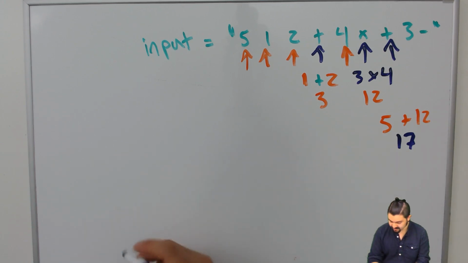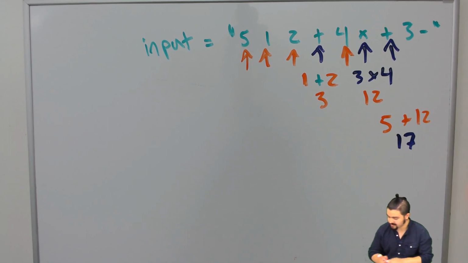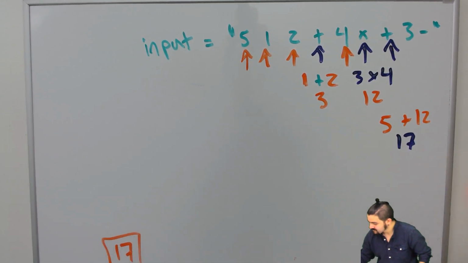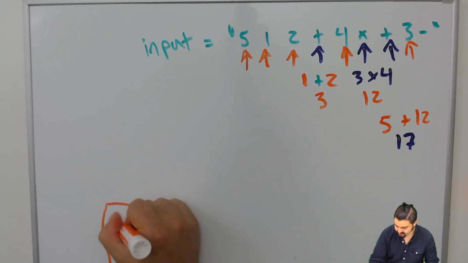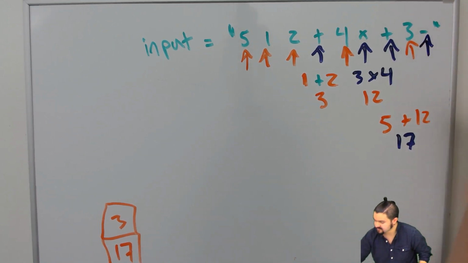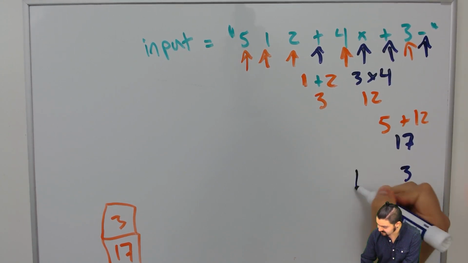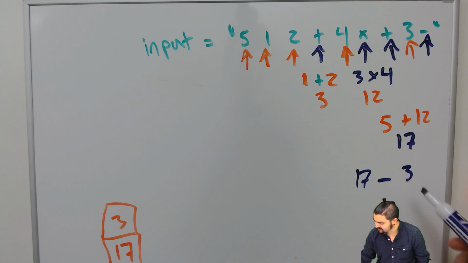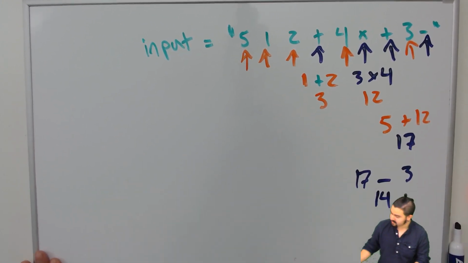We then push that onto the stack, so now our stack has 17 in it. And then we come across a 3, so we push that into the stack, and then we come across our very last operator, subtraction. So this is going to be pop these 2 things off, so we have 3 and then 17 minus 3. So 17 minus 3, 17, 16, 15, 14 is 14. We then push that back onto the stack,